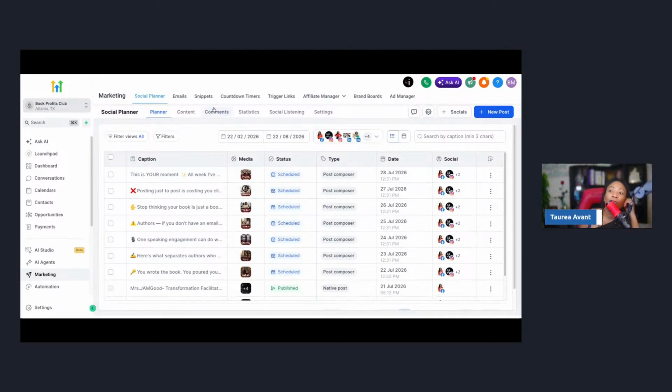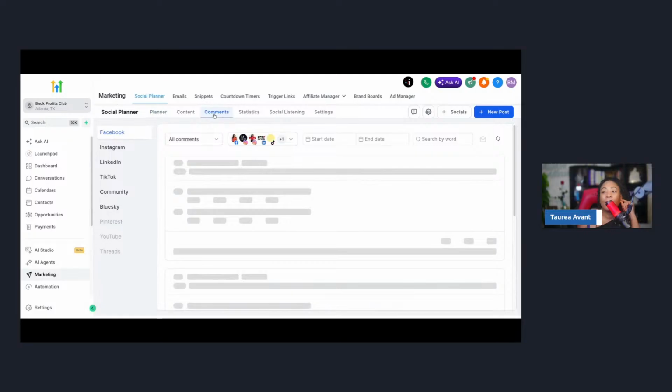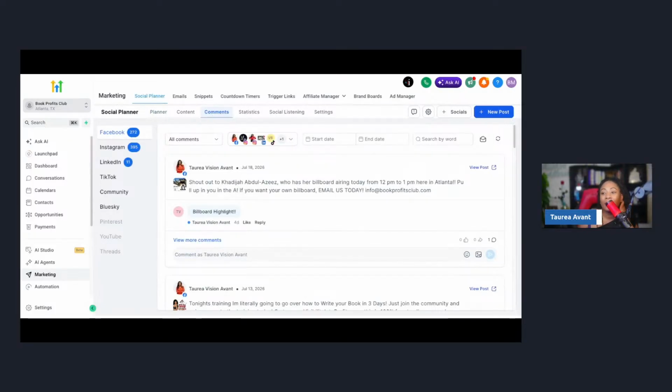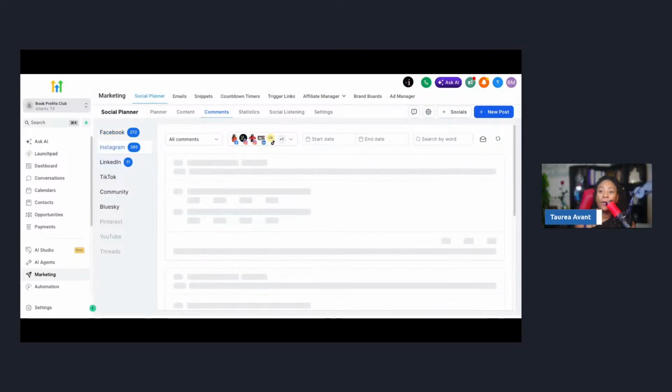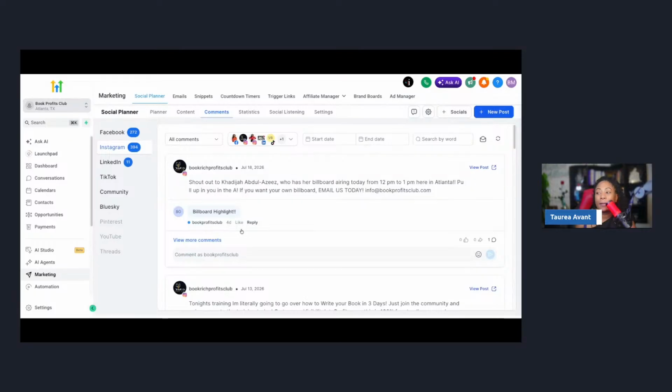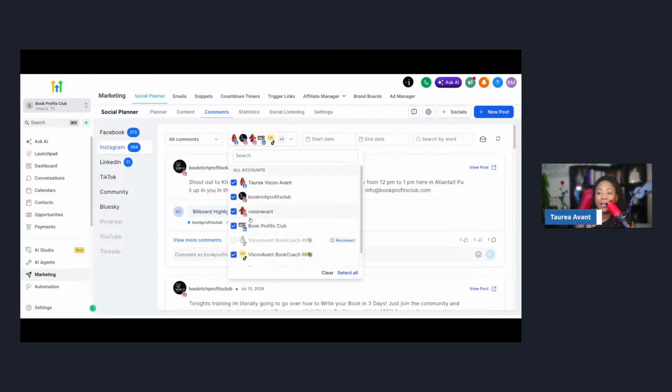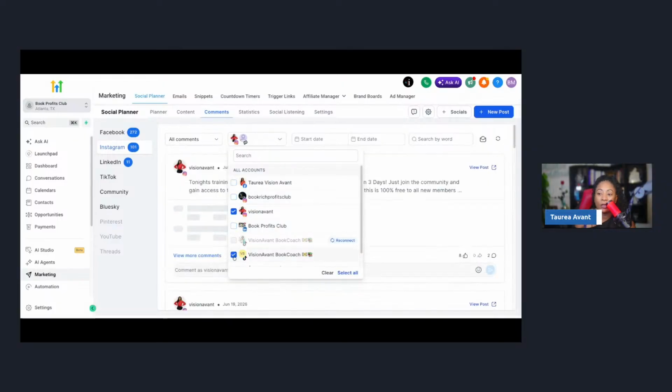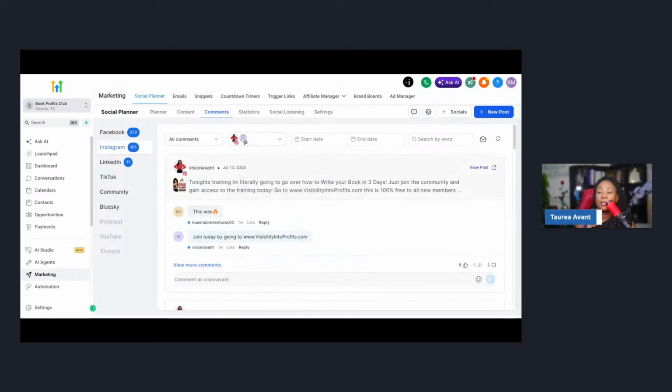Another cool thing, I don't know if you guys know this, but under the social media planner, while I'm here, there's an area that's called comments that allows you to see what people have commented on your stuff. And with me, I know sometimes because I just be all over the place, child, it's difficult for me to get back to comments. When you post on social media and somebody actually takes the time to comment, you really want to start responding back to those comments, y'all.